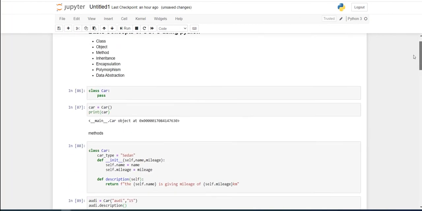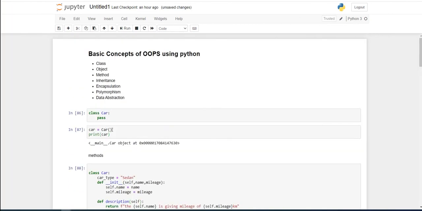As part of the session, we have covered classes. We have defined the classes, and we have defined the instance of the object. We have talked about methods. We have talked about inheritance of that Car class and the BMW class, and we have the Audi class where we talked about the airbag feature in the inheritance. Then we talked about encapsulation, where we tried to access variables using underscore for protected and double underscore for a private variable.